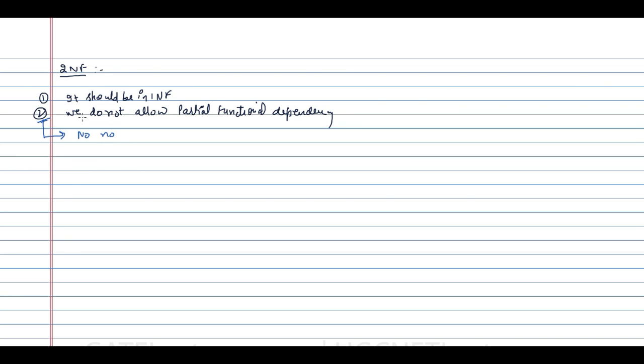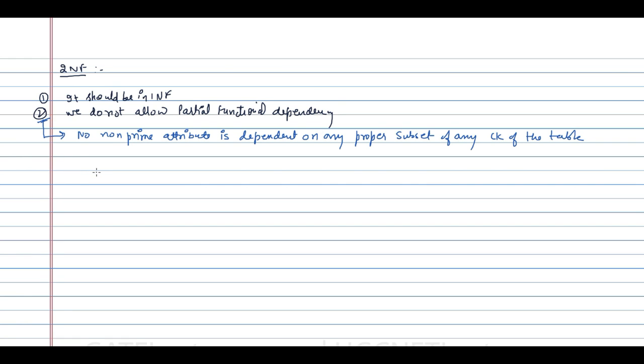Instead of this, you could also have written: no non-prime attribute is dependent on any proper subset of any candidate key of the table. Or it can also be written as